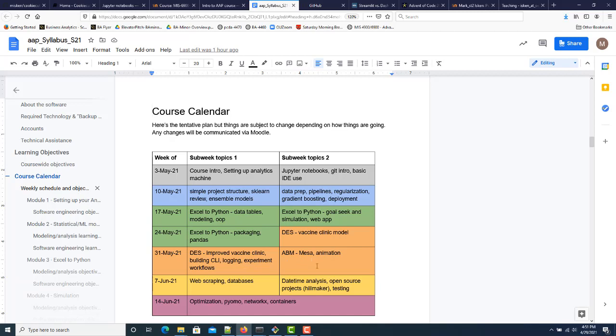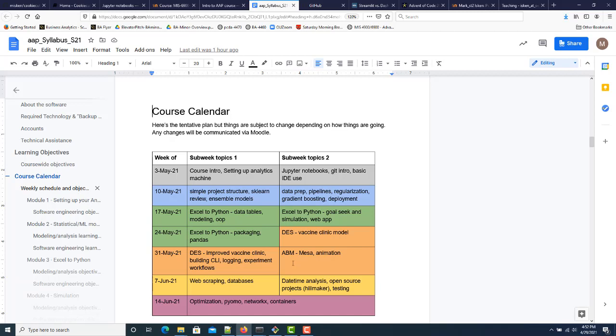And then I hope also to do a little bit on another flavor of simulation known as agent-based modeling. And you may have seen these. Certainly during the pandemic, there was a very, very famous article in the Washington Post that showed a little agent-based model. It looks like a swarm of little dots moving around, which are people, and they're infecting other people and all that kind of stuff. So these are known as agent-based models, and Mesa is a Python package that allows you to build those pretty easily. So I'd like to introduce that. It's an interesting